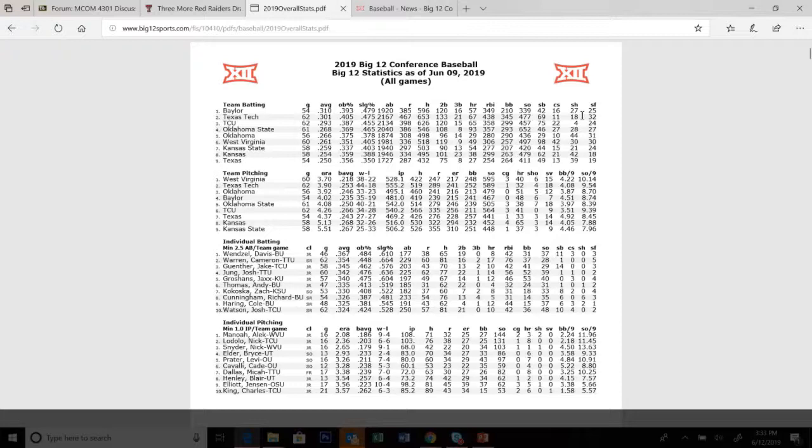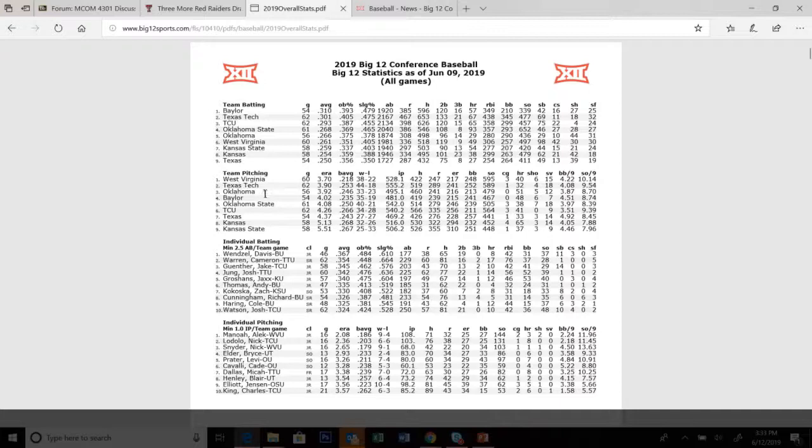One way that you can tell how a team does beyond just their batting average is the number of runs they've scored. Texas Tech, by a wide margin, has more runs than any other team in the Big 12. And it's not necessarily apples to oranges. Baylor played 8 fewer games, but if you look at TCU, they played the same number of games as Texas Tech. Oklahoma State played 1 less game, and Tech has nearly 100 more runs than those teams had. So you know this is a pretty good offensive team.